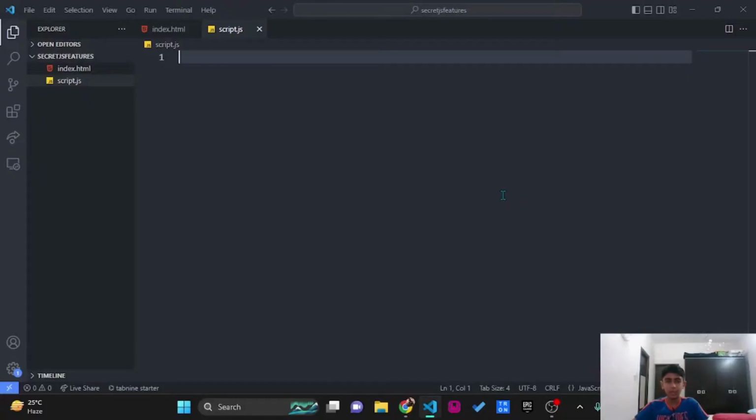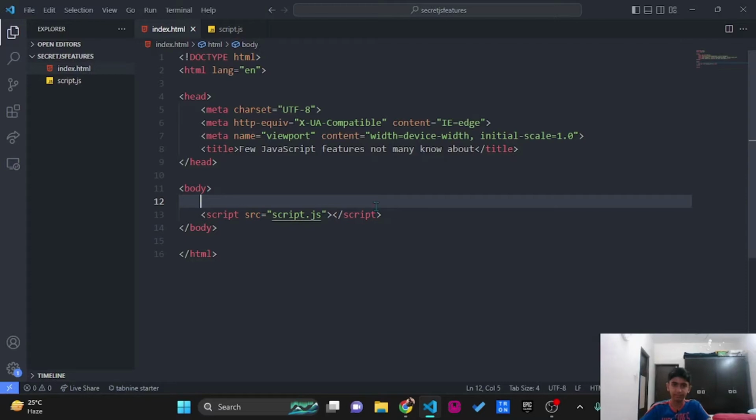So for this video, I'm going to be using VS Code as my editor. I have already created a folder and created my files. Okay, so the first hidden feature, the one most people don't know about, is